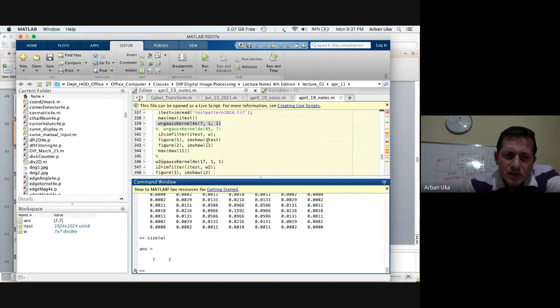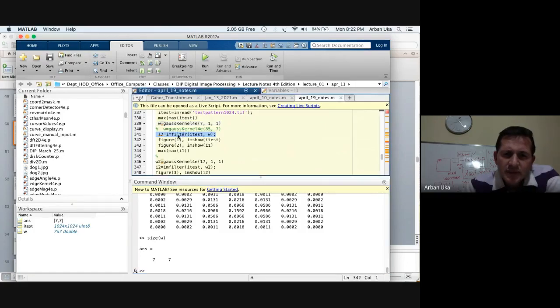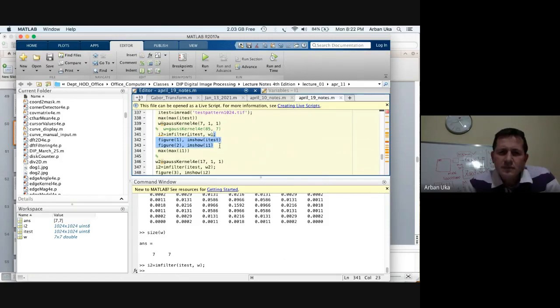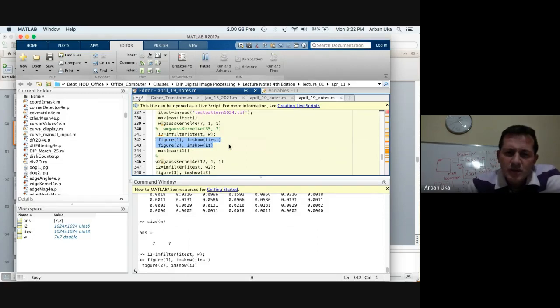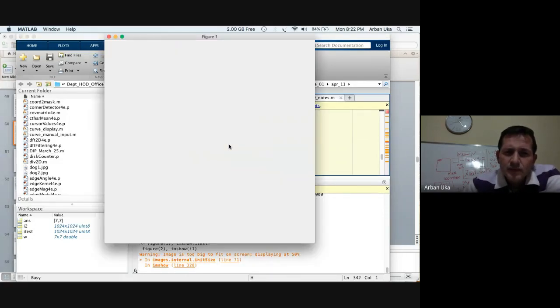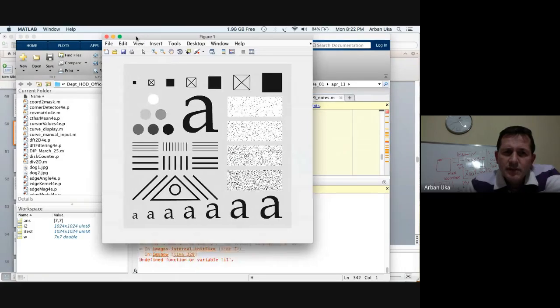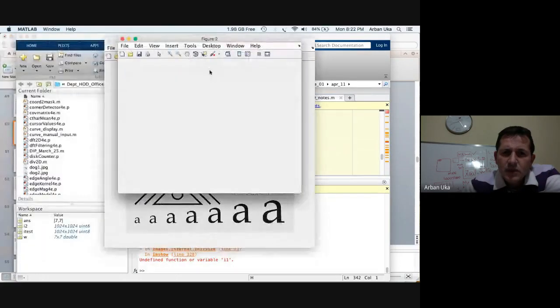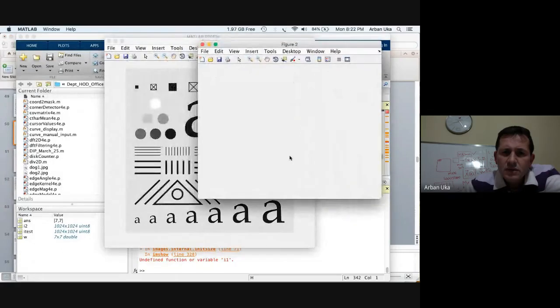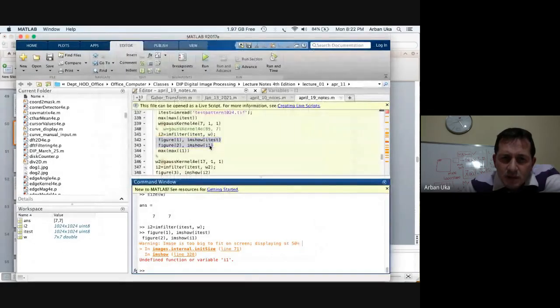And with this Gaussian kernel, we have this image, I test, and I2 would be the original image filtered, or convolved, with the filter W. So I2, and let's see what their respective figures are. Figure 1 is going to be the original image, and figure 2. Figure 1, we could not see it. Figure 2, we cannot see, there is something wrong. So here we have I1, but this has to be I2.